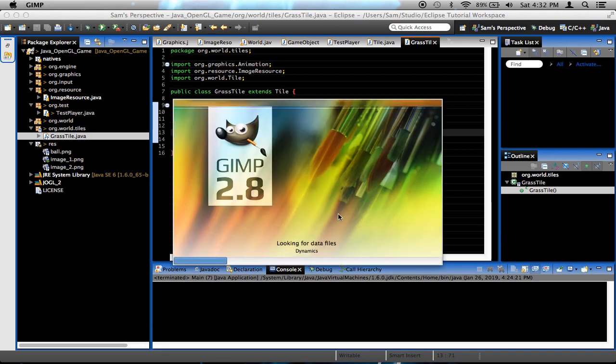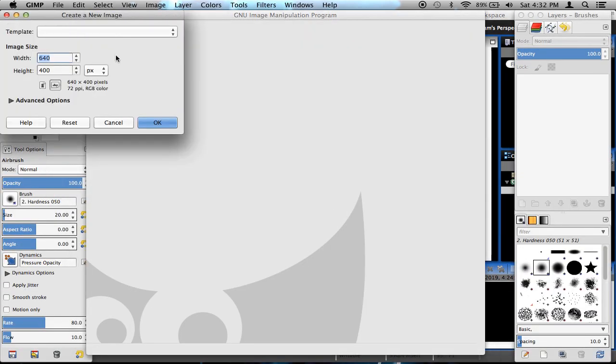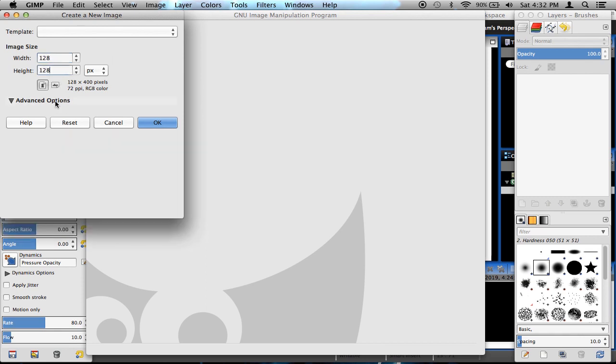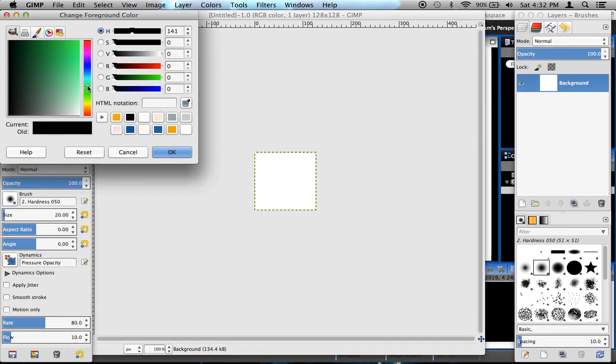Yeah, if I had planned this ahead of time, I would have already created a grass image, but for our purposes, it's going to be really simple. I'm just going to go into GIMP real quick and whip something up. I'm going to create a new image, let's just make it 128 by 128, filled with background color. Let's set this to be green,